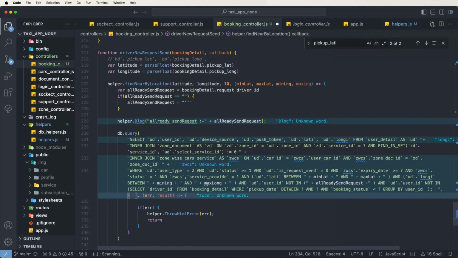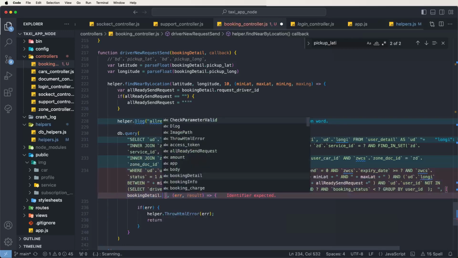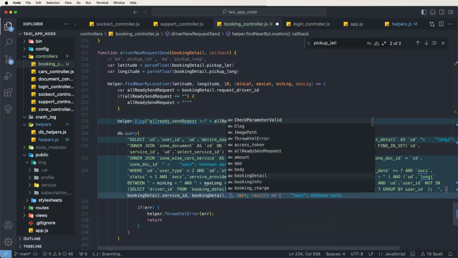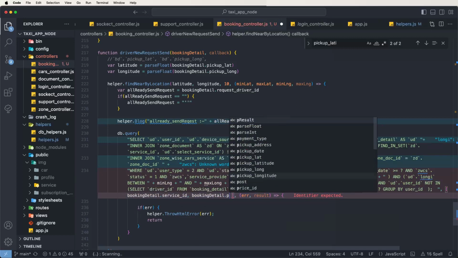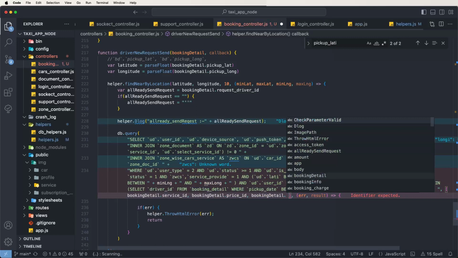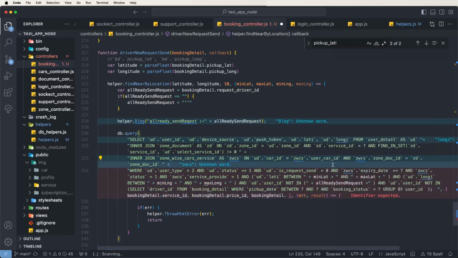Need to give the parameter values. Give the booking details dot, first the service ID as the first parameter, and then the booking details dot price ID, then the booking dot. Need to check the another question mark, service year, and after need to